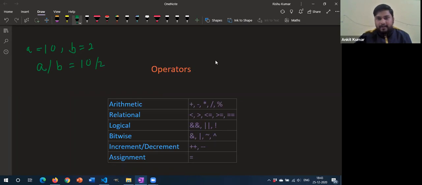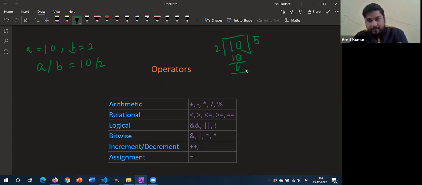So how do we do the division? We write 10 and divide it by 2. So 2 fives are 10, so here you will write 5, and your remainder is 0. Now the thing to note here is that this 10 is the dividend, this 2 is the divisor, this 5 is the quotient, and this 0 which we get over here is the remainder. So when you divide with the division operator, your answer will be 5.